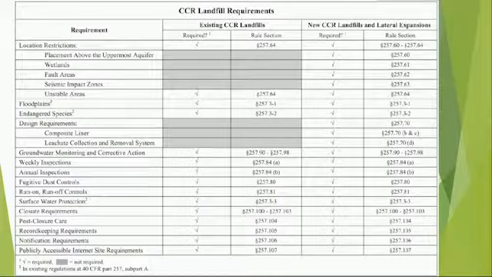Again, I'm not going to go through this, but what I want to convey to you is we have a tremendous amount of requirements. Each one of these things that I've talked about, the location restrictions, you look at that, there's placement above the aquifer, wetlands, fault areas, seismic impact zones. We have to deal with endangered species, whatever the floodplains are. Again, just a tremendous amount of requirements. And you can see if you have an existing CCR landfill or you're going to build new, you have different requirements. Where it's grayed out, those don't necessarily have the same requirements, because the landfills that are handled dry don't have near as many requirements as the impoundments do, and that has to do with water.